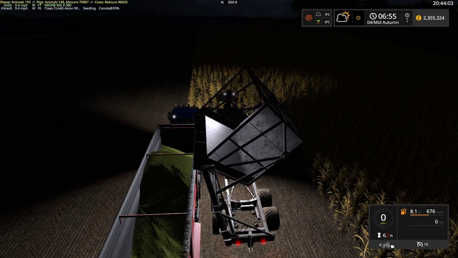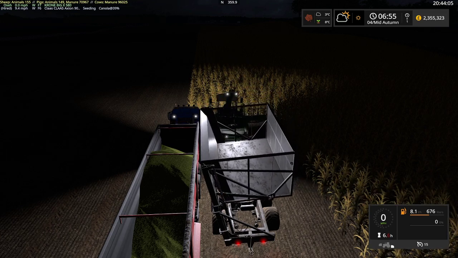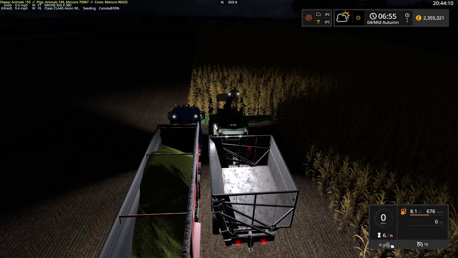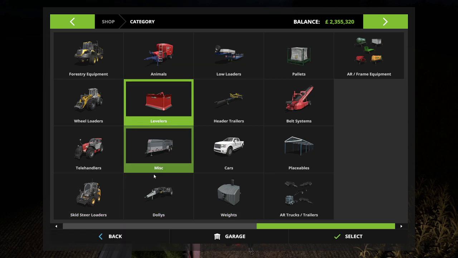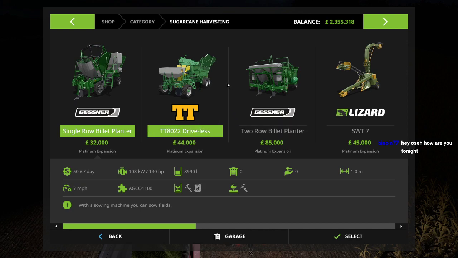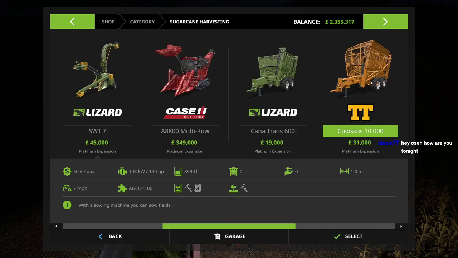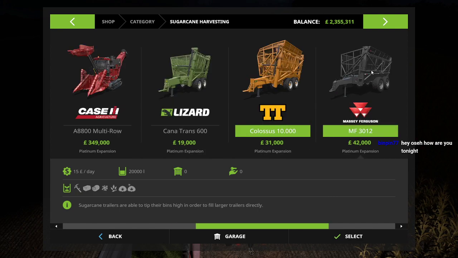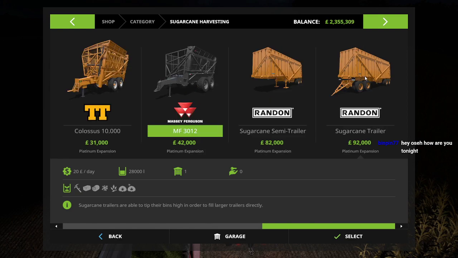Probably should have gone with a larger high-tip trailer. What options do we have? Because this one's only 28,000, but that is bigger than our regular tippers. Oh, there's that one. Just no, that's only... What have we got? Oh, that's only 12,000. That's 20,000. So we've actually got the third biggest one. It's 28. And then you get into this thing,